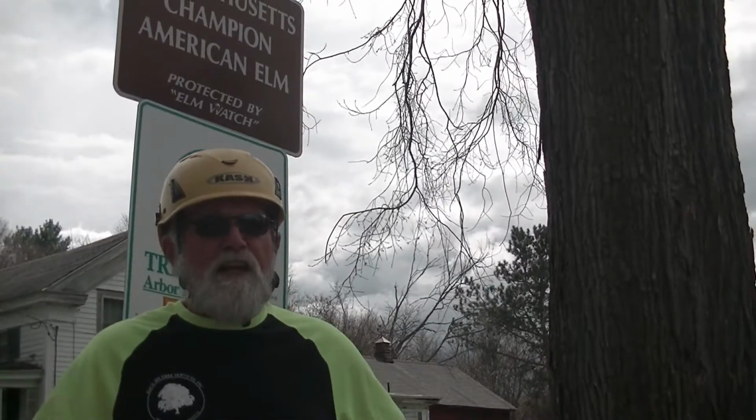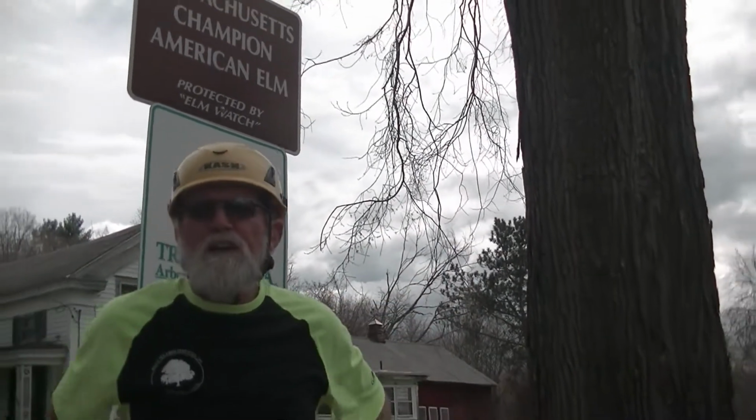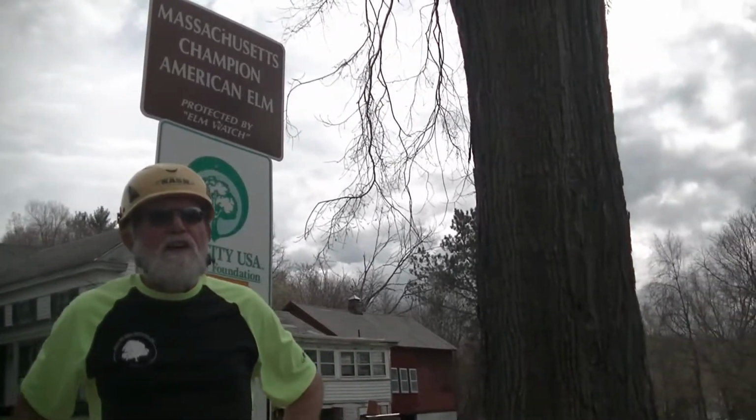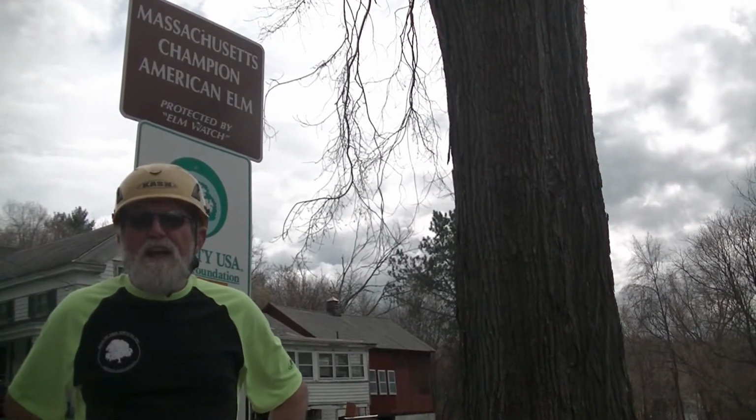Hi, I'm Ron Yapel, and we were here today to prune dead wood out of this massive American elm and check its structural integrity by examining cavities that we find, and through a process of probing and sounding with a sounding hammer to get a sense of how much holding wood we have to support these massive arms on this tree. So you'll see this little chat combined with other video that Janie took, and it'll give you an idea